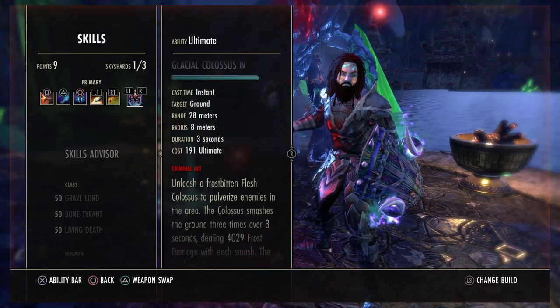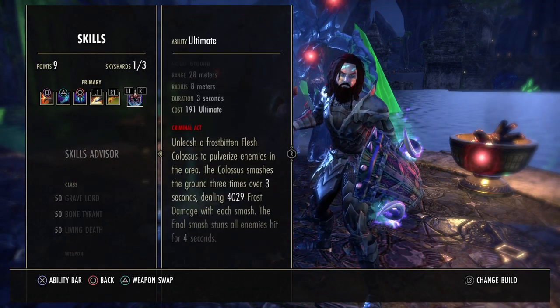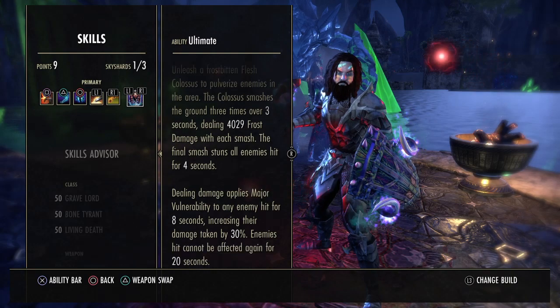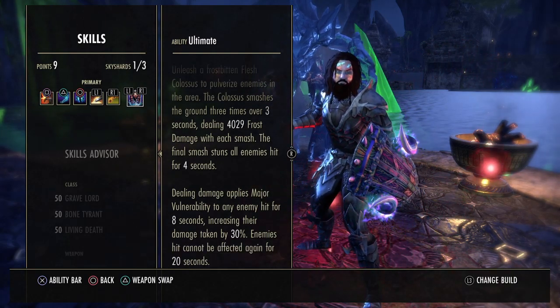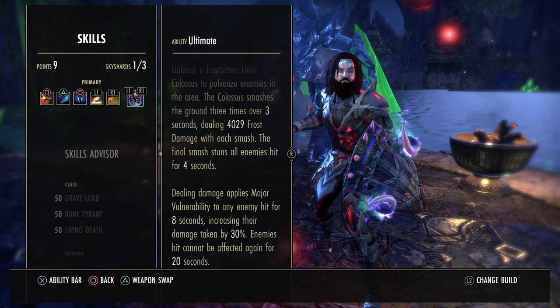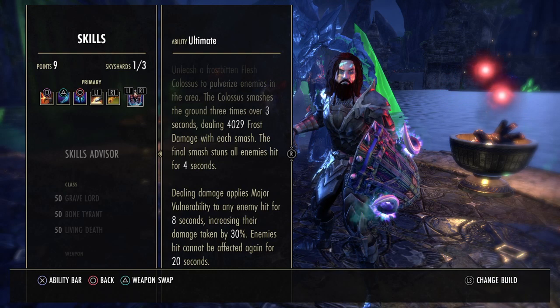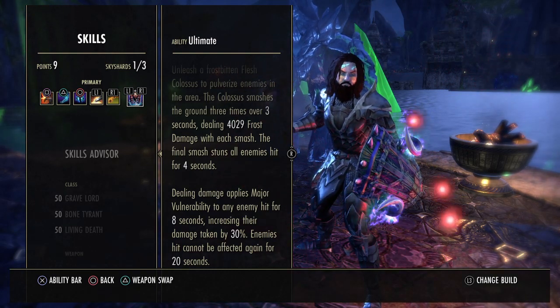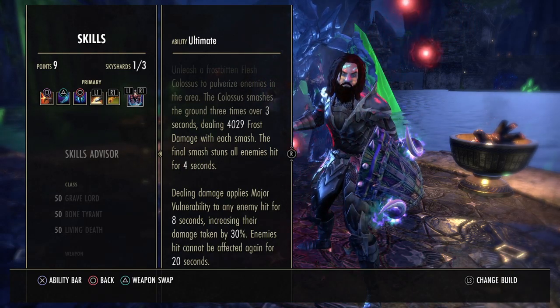Next thing we've got as an ultimate is the Glacial Colossus. This comes from the Gravelord skill line. This is a huge Colossus dealing frost damage, and it can also stun enemies, but what we are actually using it for is the debuff of Major Vulnerability for 8 seconds, increasing the bosses' or enemies' damage taken by 30%, and this is huge. Necromancers are the only class who can apply that debuff to them, Major Vulnerability, and it